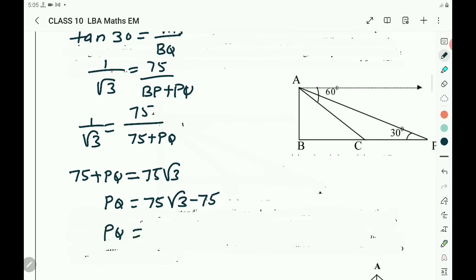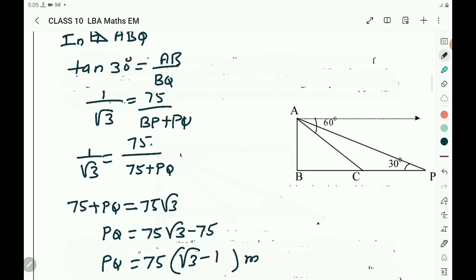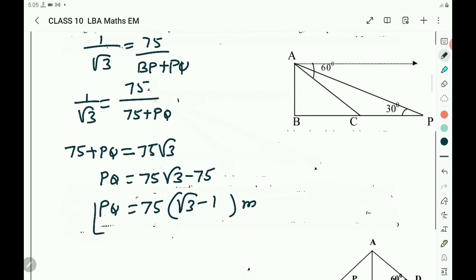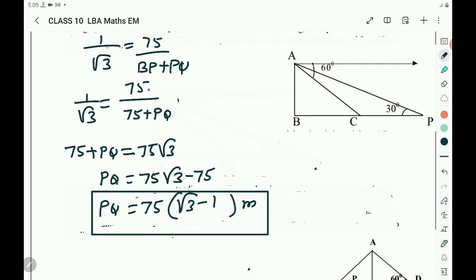Then PQ equals, remove 75 common, 75 in the bracket, root 3 minus 1 meter. Then the distance between the two ships is